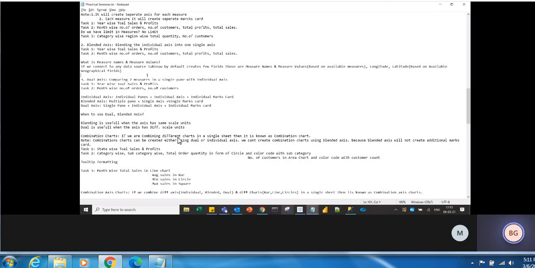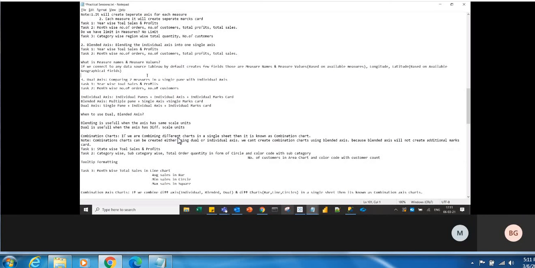So how you want to do it depends on your effort. If you are okay to drag 15 measures one by one out of 20, you are allowed to do it. Or if you are a little lazy and want to drag all 20 measures and just remove the 5 unwanted, you can do that. So both are welcome. In Tableau, do we have the other option like in the dimension part? Can we have the option to drag all the dimensions at once?